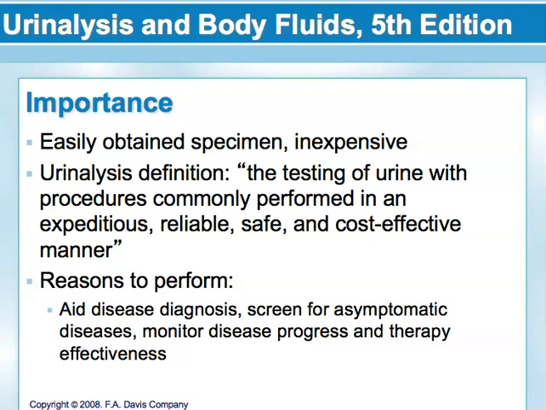So even though the patient may not be exhibiting symptoms yet, we can use it as an early indicator. And then, of course, to monitor progression of disease and effectiveness of therapy. An example of that would be patients who have recurring UTIs. We can monitor through those urinalysis results: is this therapy effective at treating and preventing future